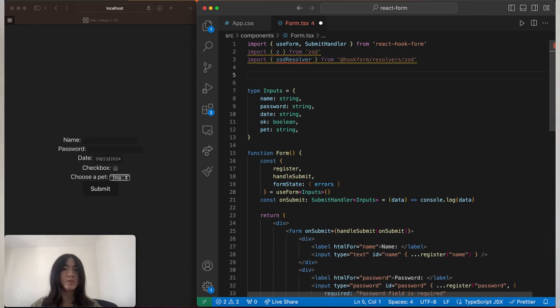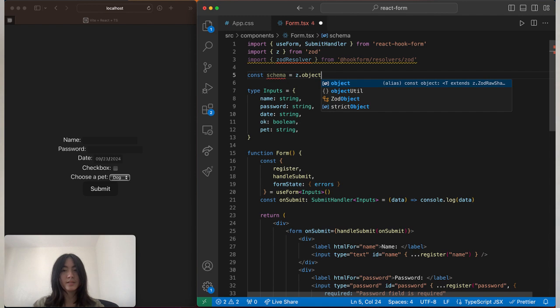Now, as we mentioned before, with Zod, you have to specify a schema. Basically, the schema is going to be the catch-all location for any validation, as well as where we're going to declare the shape of our data. So to do that, we can just do const schema equals